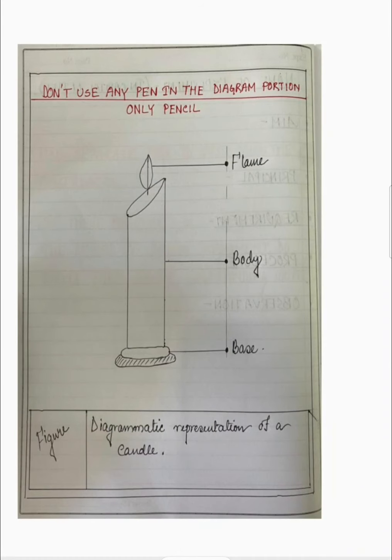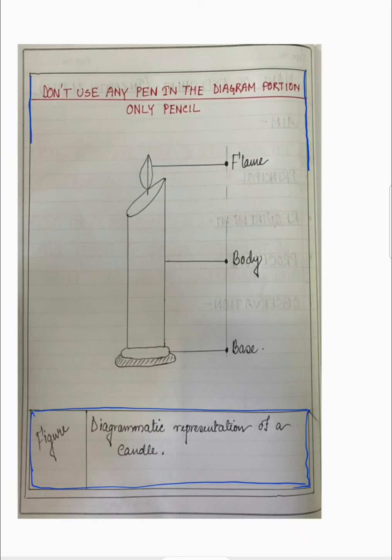Morning everyone. So right in front of you, you can see an image of a practical copy. Here you can see I have drawn a candle, and you can see the candle is boxed inside, and right at the bottom you can also see there is another box inside. The point is, while writing this practical copy, especially for biology, students forget how to write them scientifically.